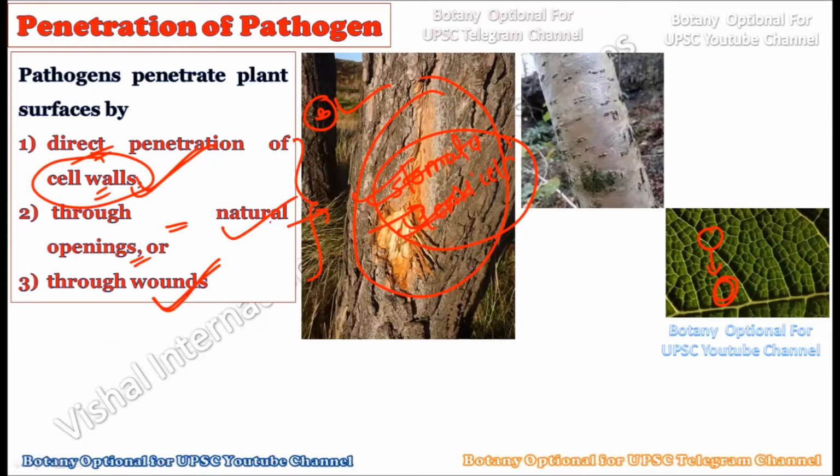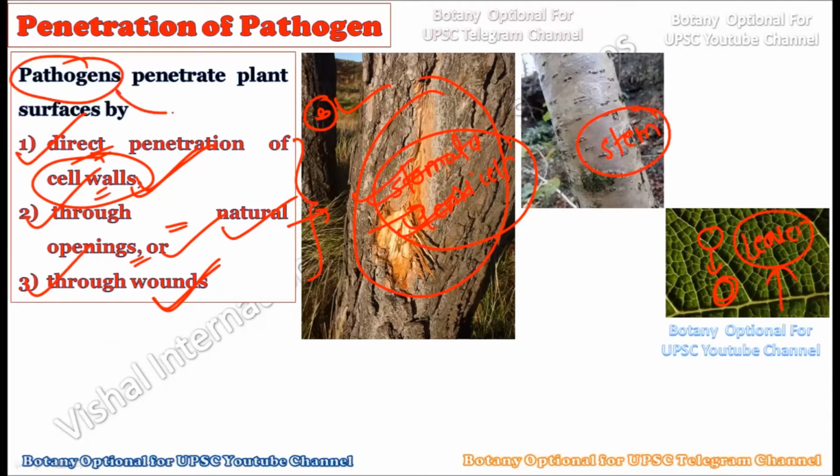Okay, now in the case of stomata, you know, stomata are found the majority of the time in the leaves, while lenticels are part of the stem, fruits, etc. Okay, so these types of openings are placed differently on different plants. It will all depend on which type of plants we are talking about. Okay, so you have to remember there are three techniques through which this particular pathogen can enter within the